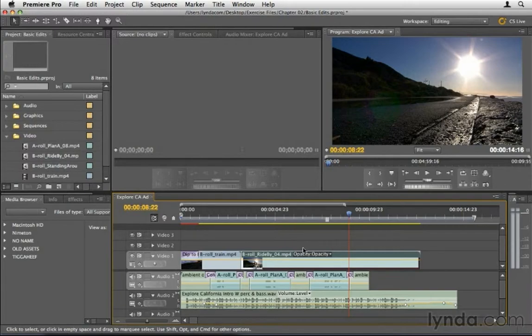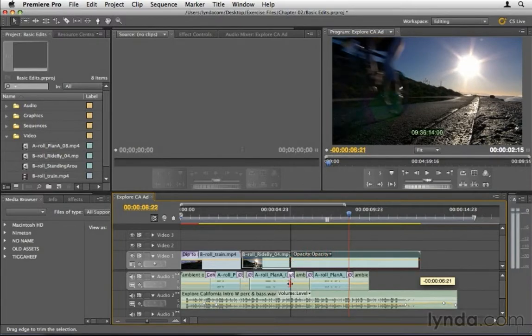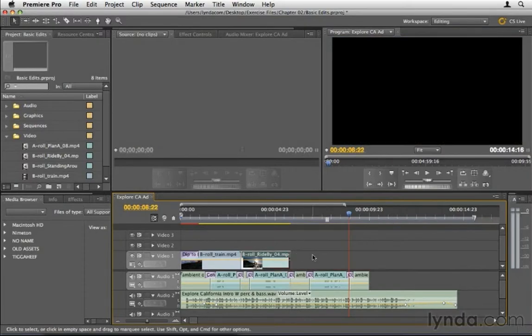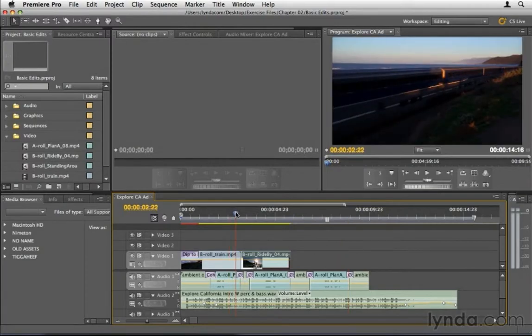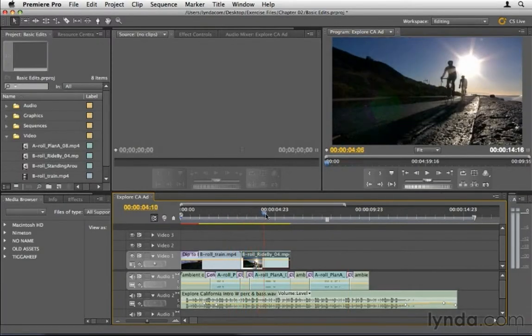So what we're going to do is grab the end of this clip and trim it in the same way we trimmed the beginning of the clip. Click on the end and drag it to the left. And we're going to move this until the end is lined up with the cut point below it down here. And we'll get, again, the snap line. And then we can let go. And now we have made a complete edit. We have gotten rid of the junk at the beginning of the clip. And we've made it so that the clip that we're seeing here is the most exciting part of the clip. And again, as we'll talk about later, that is really the key of video editing. We don't want our viewers to sit